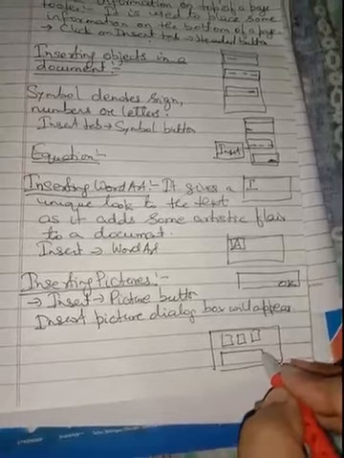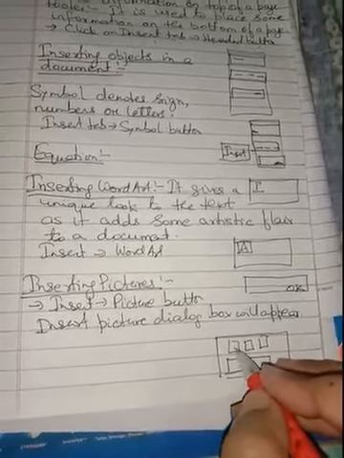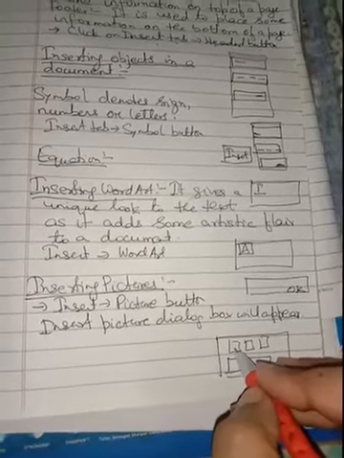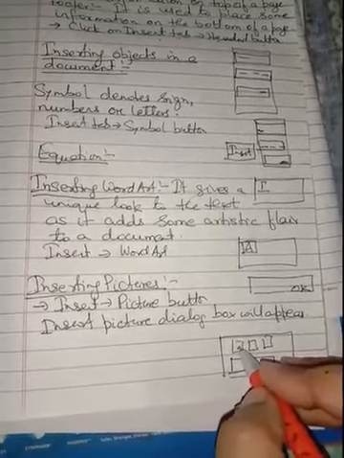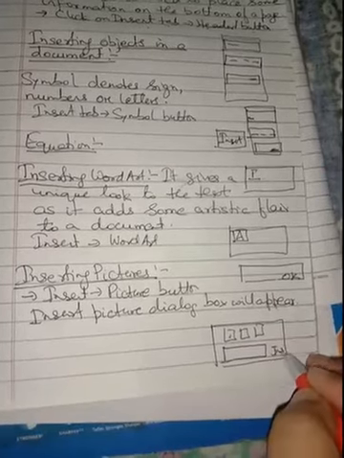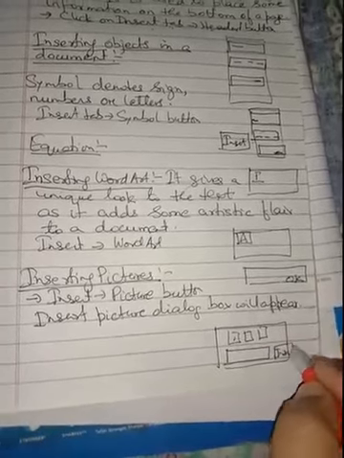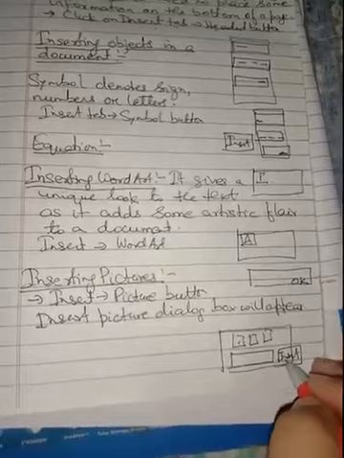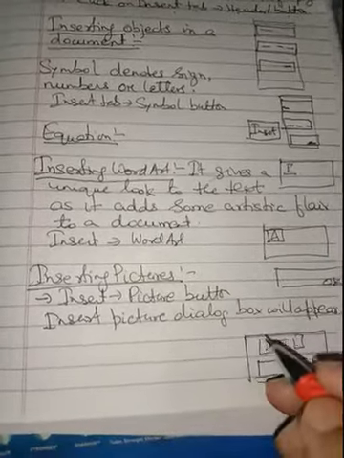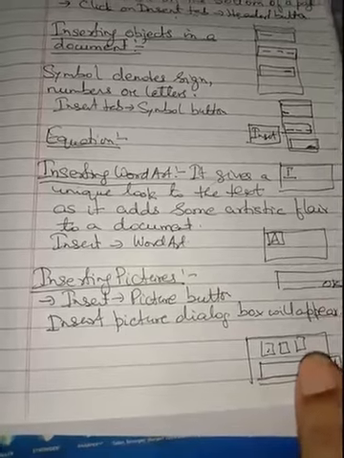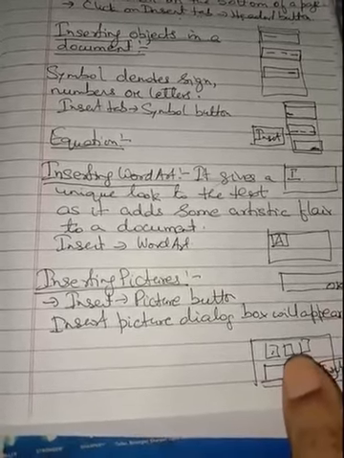We can select any of the pictures over here, or we can double click on that picture and then click on the insert button at the right side of the window, so that picture will be inserted in our document. So this is how we can insert a picture in our document.